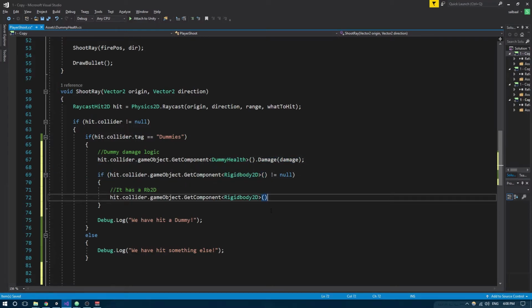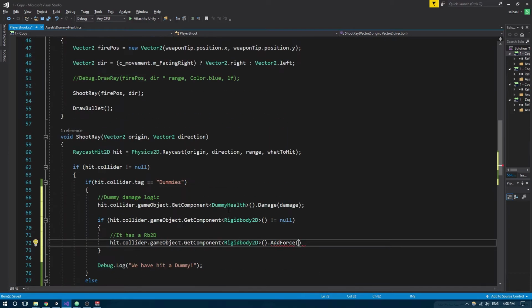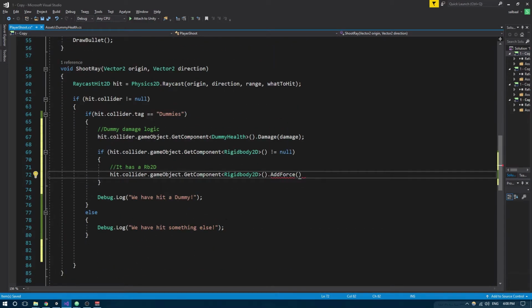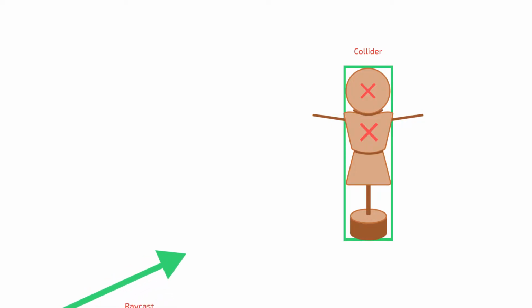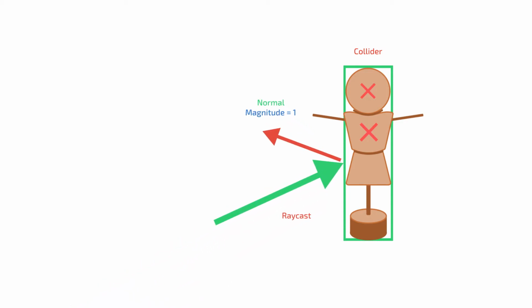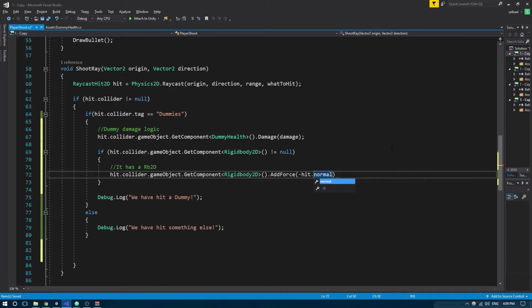So here we're just gonna say hit collider GetComponent the Rigidbody, and we're gonna say AddForce, and here we have to pass a vector to force. Now a very easy way to do this is by using normals. The normal is the direction pointing away from the collider the raycast hits. The normal is a vector that is normalized, meaning that it has a magnitude of 1. This can be used to calculate things like reflections. So we just invert that,